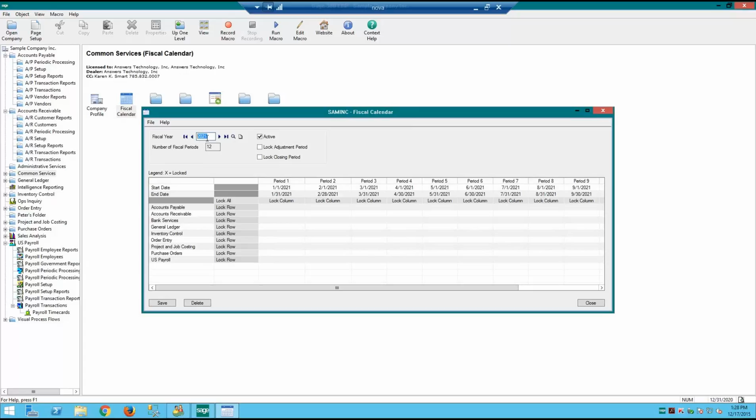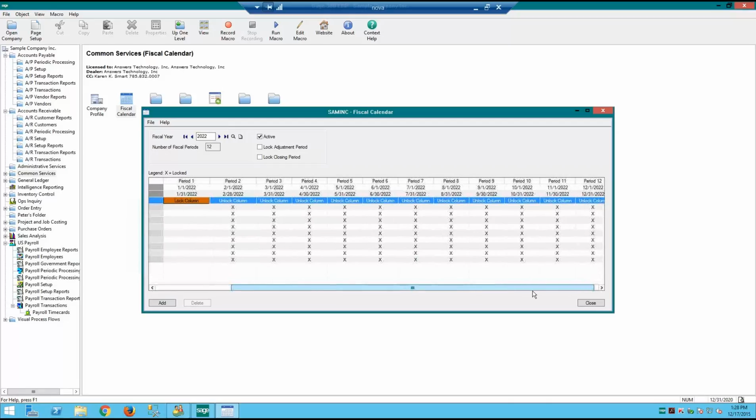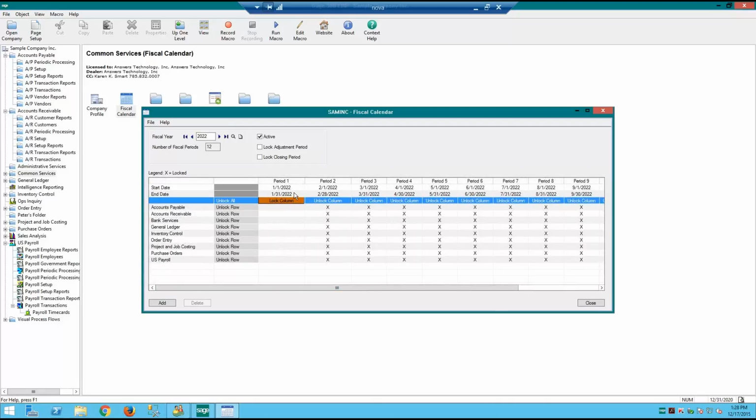So if it's the year 2021 and I'm getting ready to go into 2022, I need to click this new button here, and that will add my new year 2022, at which point I can then choose that I want to lock everything. So if I'm not ready to post anything to periods in that year, I can lock them, or if I already know I'm going to be accepting things in January, but none of the other months, I can go ahead and lock those columns, and that way people can't be posting things into the future,